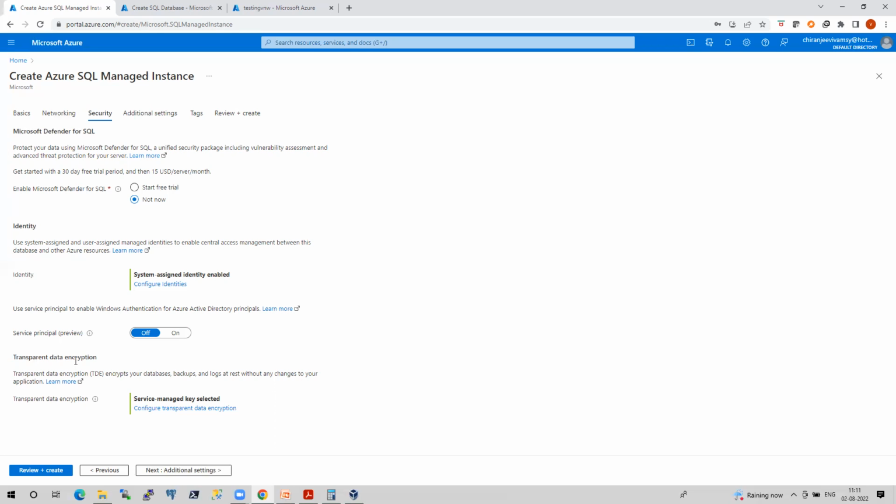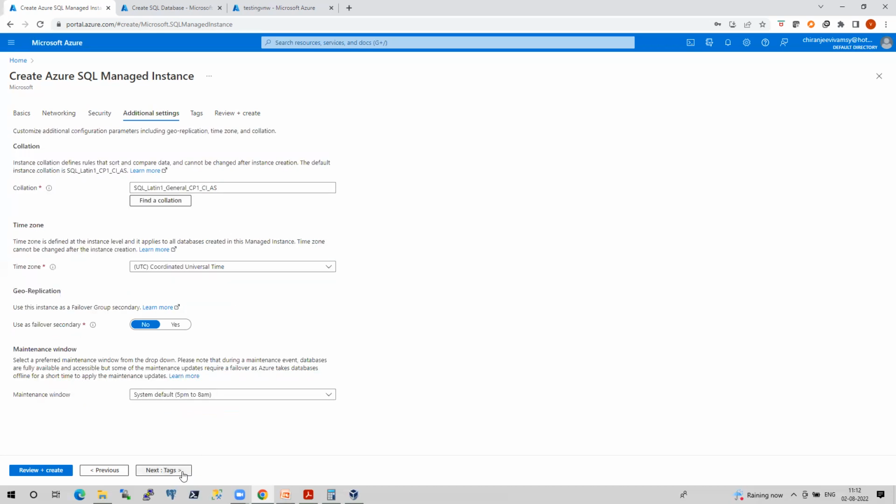And this is about TDE. When it comes to TDE, guys, by default, whatever databases you create in MI will have TDE enabled. If you have your own keys, you can bring them and rotate your keys automatically. I'm just going with the default here. There are a few things that I have not covered. This is not our class. I'm just showing you the things that get created with MI, so don't worry about it now.